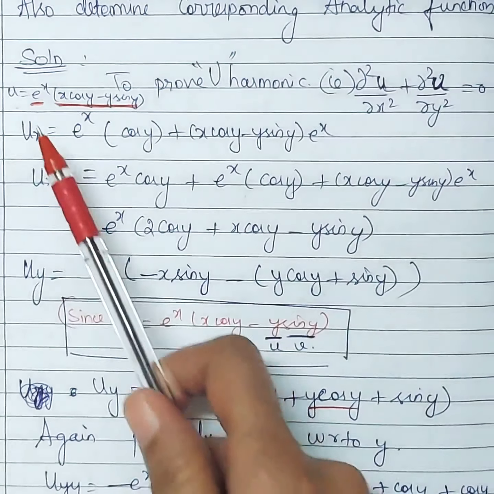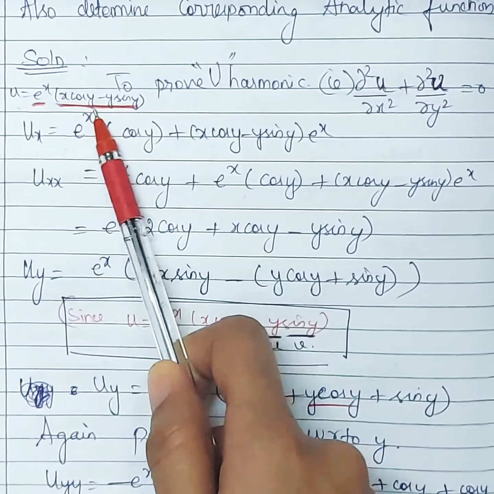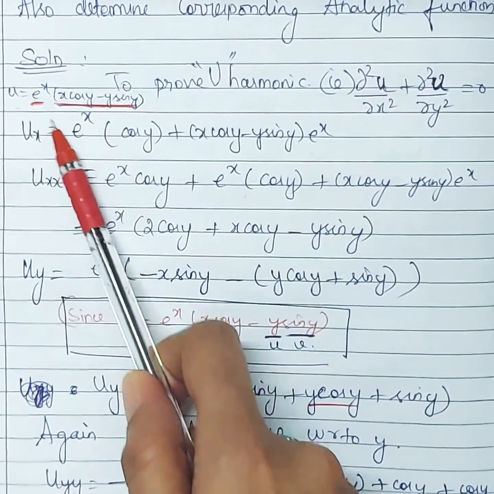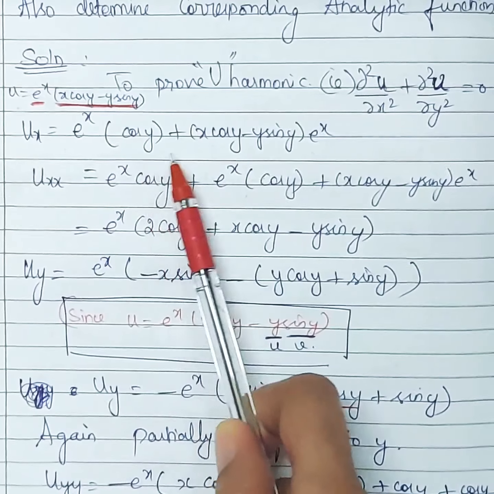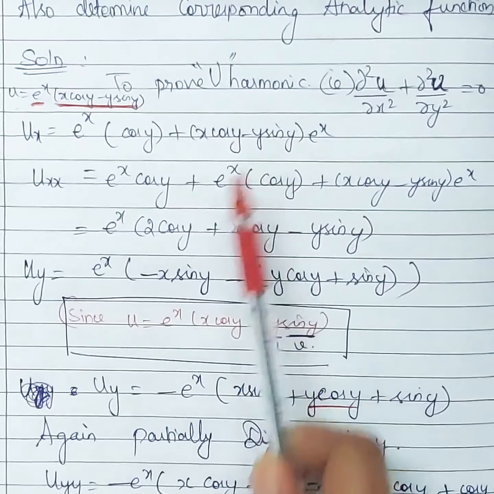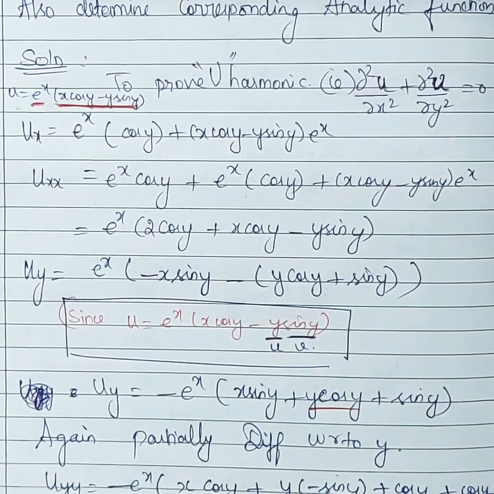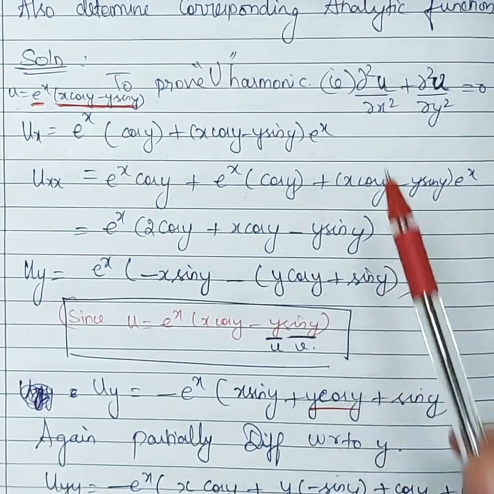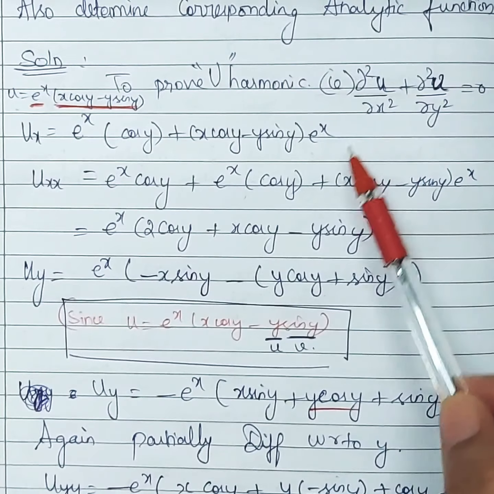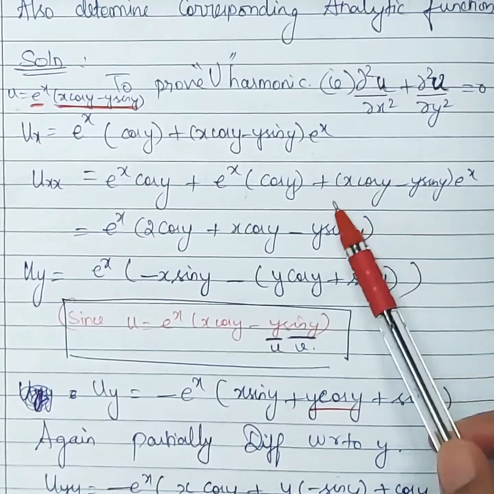So I have underlined this. This is u and this is v. It's like first term and second term. Write first term as it is, differentiate second term, plus write second term as it is and differentiate first term. So now you've got ux. Now because we want del square u by del x square, so again you're going to partially differentiate ux with